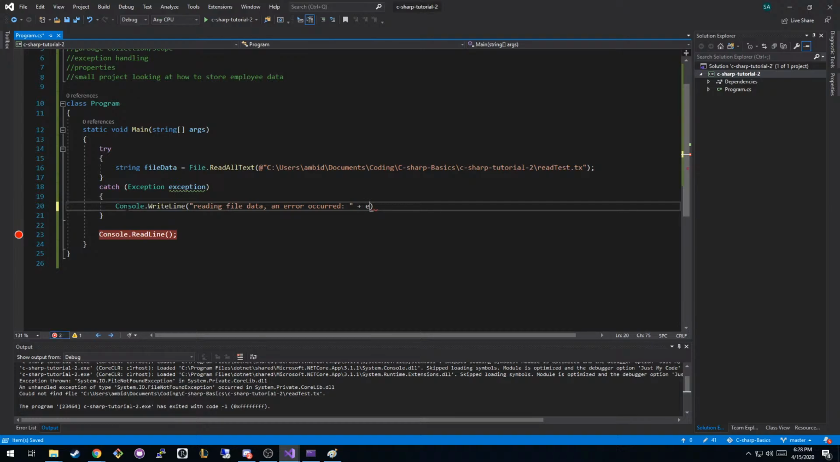And then we're going to concatenate the string. We're going to say exception dot message. And exceptions hold messages, right? So you could see on the array out of bounds exception, the message was like trying to access an index which doesn't exist in the array. In this case, it'll print out whatever that error message was that it was printing out previously. So if we hit run,